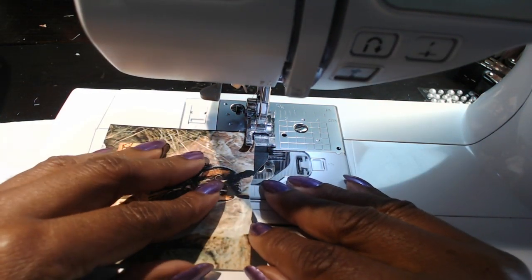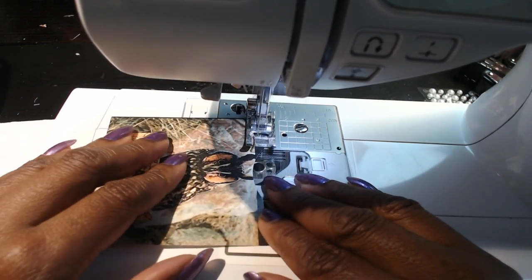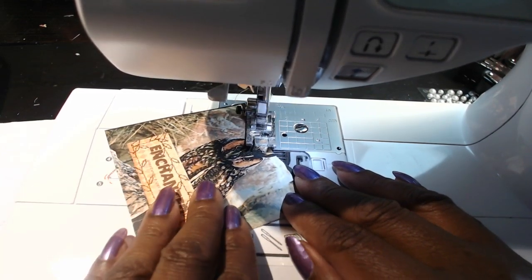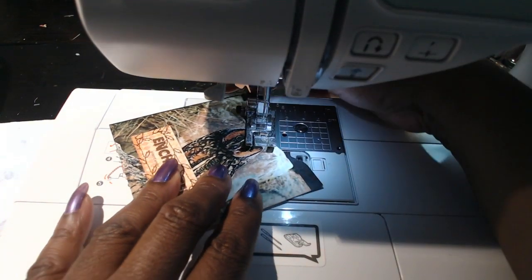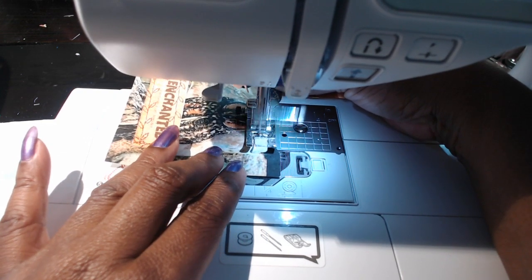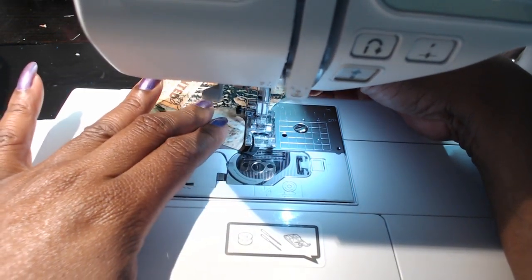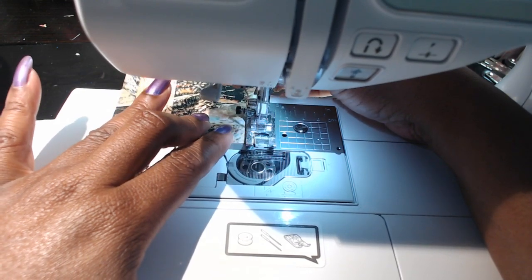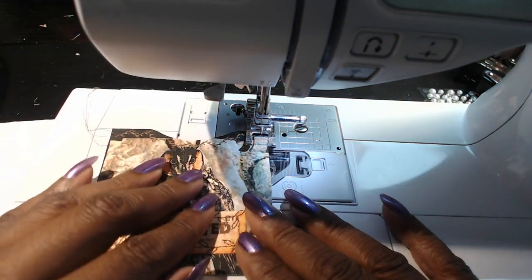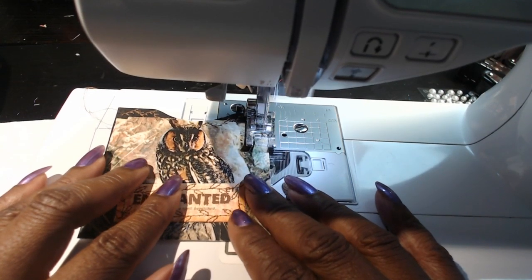All right, here we go. I don't even know what this one's going to look like. I don't think I've ever tried this number 58 out. Ooh, but 58 looks interesting. The stitches might be a little close, but